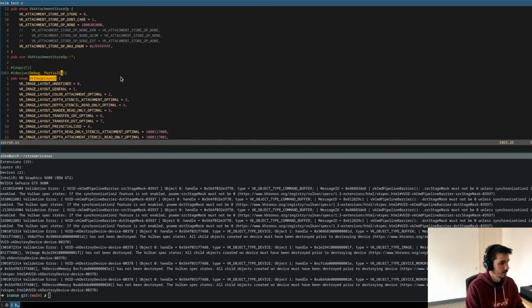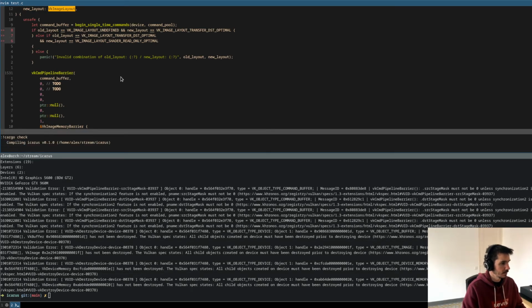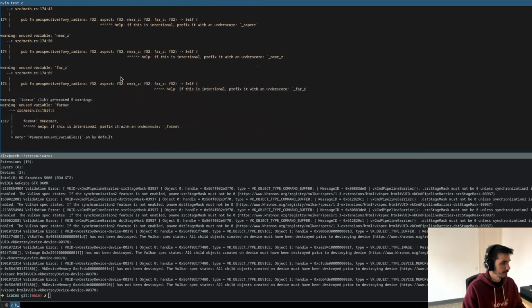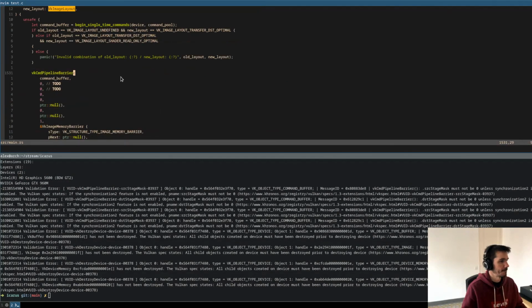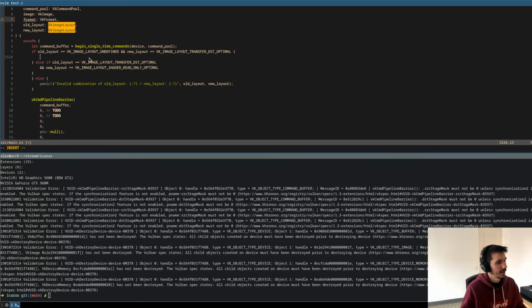Now it works. So in the case where the old image layout is undefined and